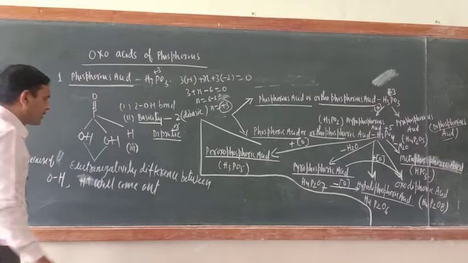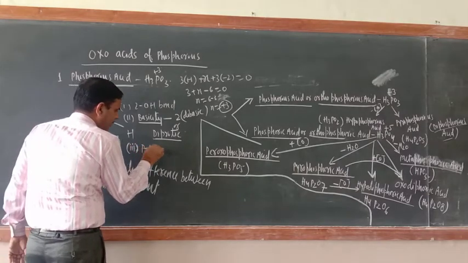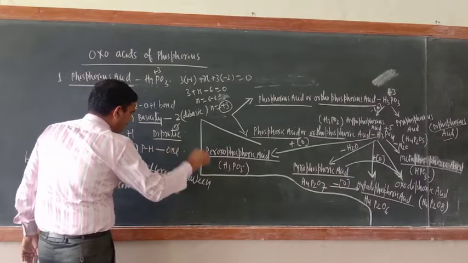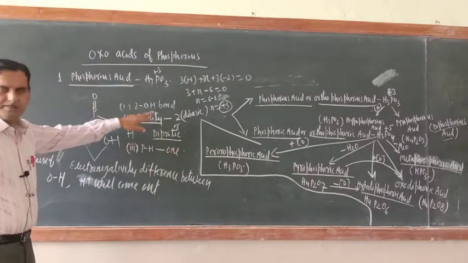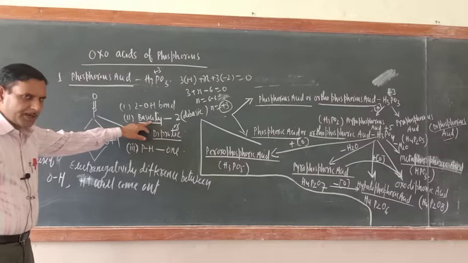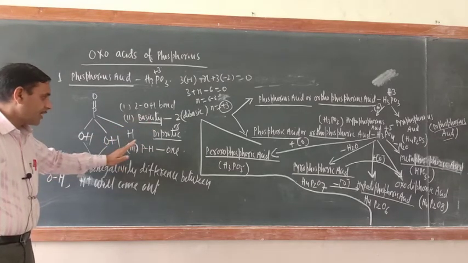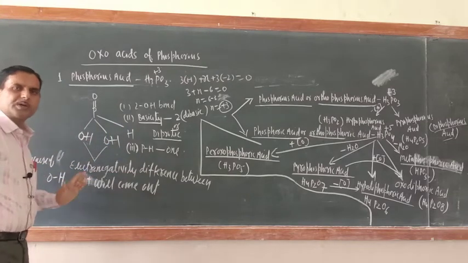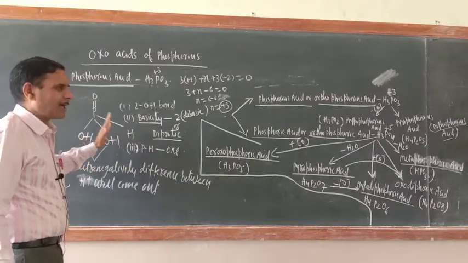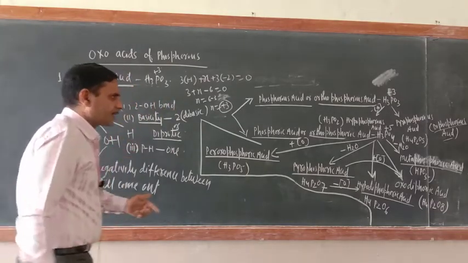The third point is, how many P-H bonds are there? The P-H bond is 1. So the number of OH bonds is 2, hence basicity is 2, or proticity, diprotic. And the number of P-H bonds is 1. For all the oxo acids of phosphorus, you have to do it like that only. What is the next one now? Just see, the next one is